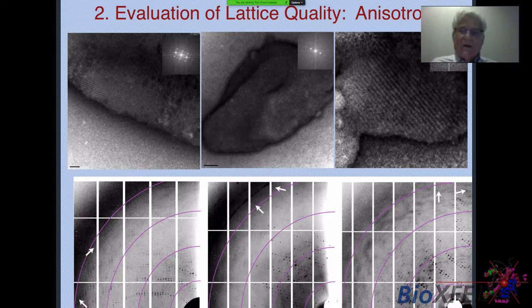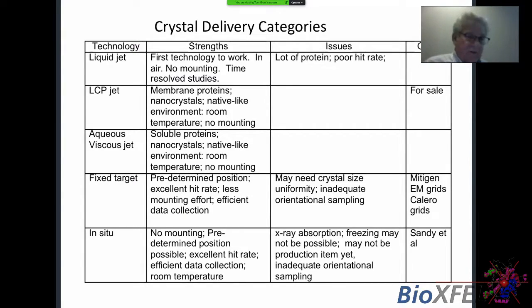So I'd like to move on to talk a little bit about crystal delivery. And you're going to hear a lot more about that today from people who know a lot more than I do about it. But just let me list five methods of delivering nanocrystals to XFEL beams or to synchrotrons, in at least some cases. And the first technology for delivering crystals to the XFEL, which was